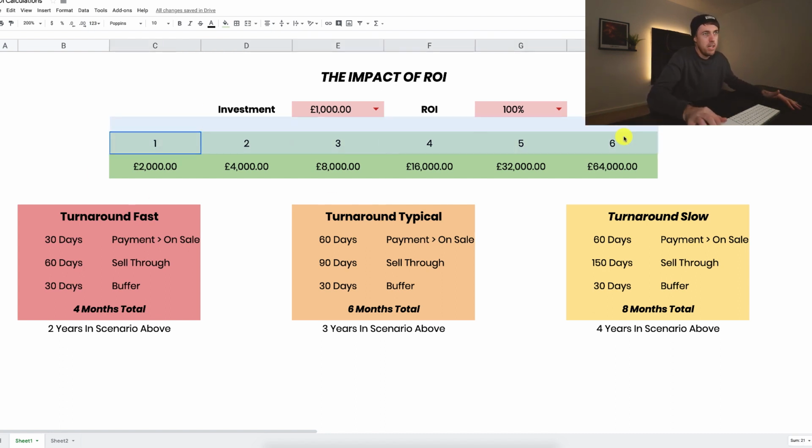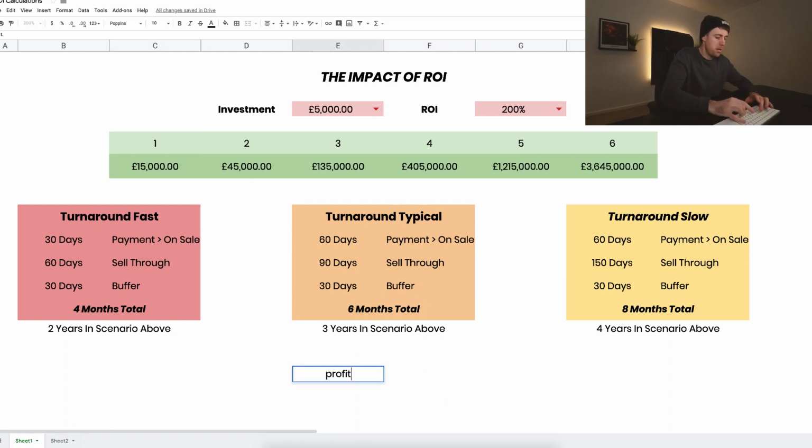These are investment cycles here, and so obviously we're going to look at how the numbers make changes in this. Let's say, for instance, you've invested £1,000 and your ROI on your product, your fidget spinner, your yoga mat, your essential oil air diffuser, is 100%. Return on investment is simply calculated by taking profit and dividing it by your investment and then times by 100.